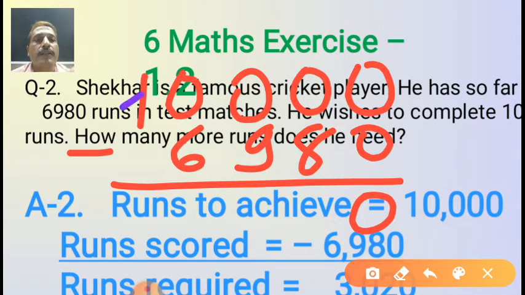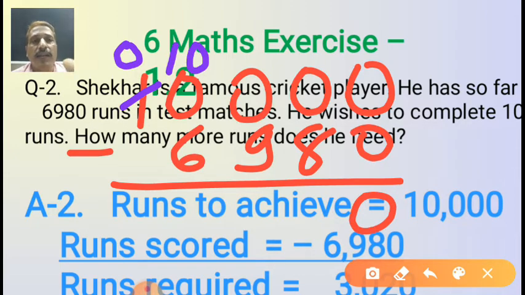I can cut this and put 0 here. Now in the 1000 place I can write 10, because we know, suppose you have a 10 rupee note and you want 1 rupee coins. How many coins do you get? Yes, 10 coins. Understood? Or if you have a 100 rupee note, you want to make it 10 rupee notes. How many notes will you get? 10. So that's why this 10 will come to the 1000 place.